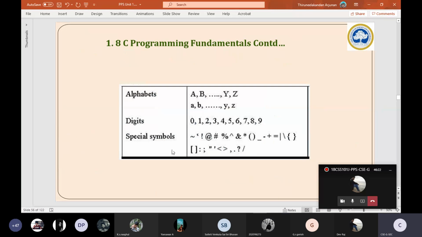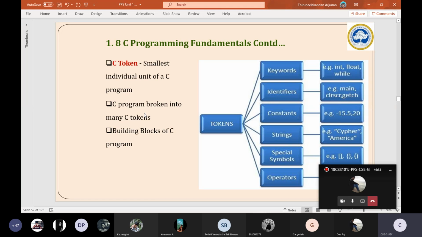Good, very good. Up to now, I have explained this in the previous slide itself, but everything follows here. Digits, special symbols, and similarly variables, constants, tokens. Look here: keywords, identifiers or variables, constants. They all can be grouped. Strings and special symbols also come in. So basically, they are all grouped under one big boss called a token. Each one of them is a member of this token. This token includes the keywords, identifiers, and all these things.